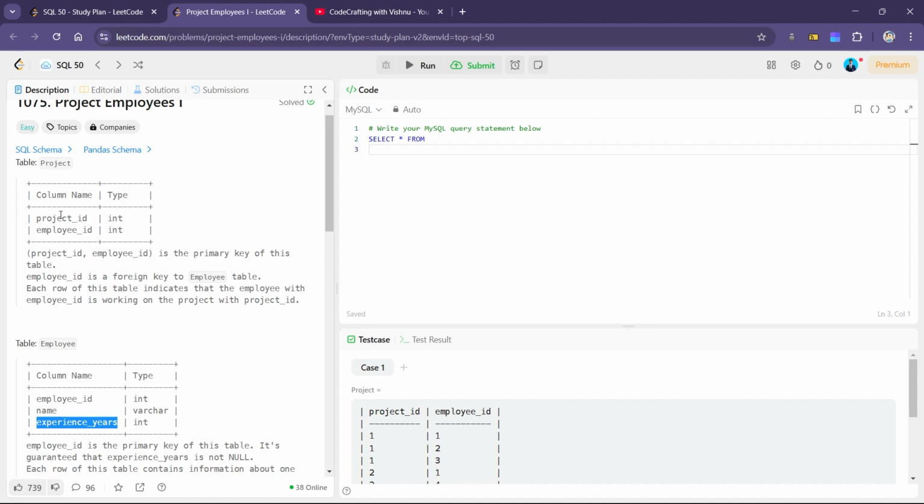So if we match this project table's employee ID with the employee ID in the employee table, then we'll get an entry where we can have project ID, employee ID, name and experience. So we'll use a join here. Join from project, comma employee,